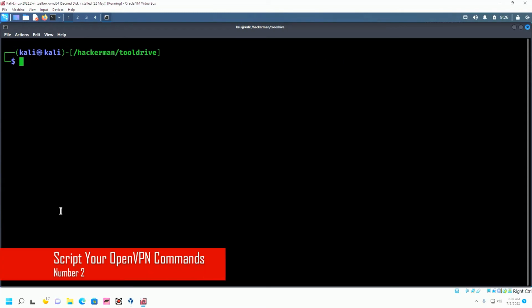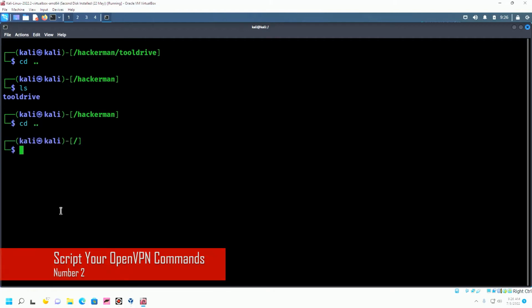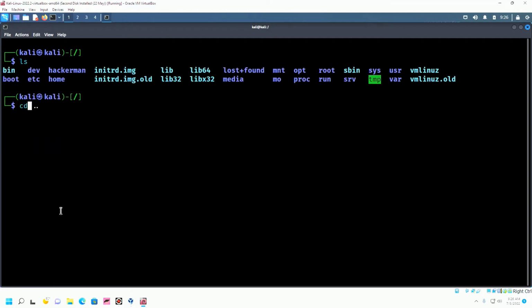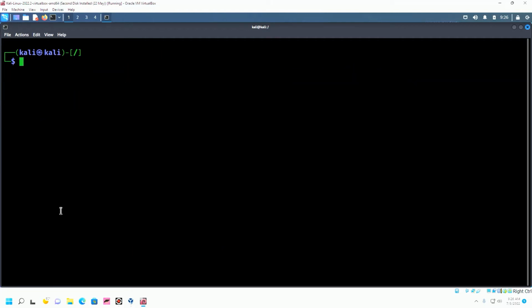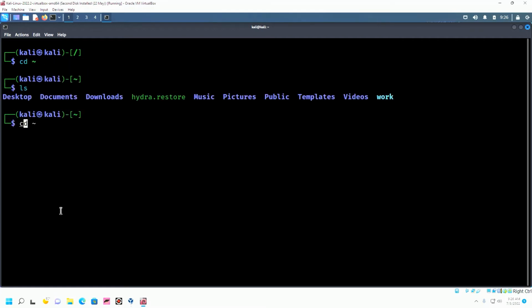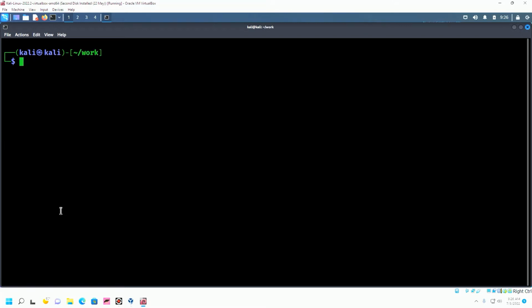Beautiful. Number 2 on the list might be a little bit simple to you, but it was groundbreaking for me because I always knew that it was possible, but I just never applied the logic. So if I can go into CD, where am I at? CD home. If I go to CD work, which is my mounted drive, and I'm going to show you around because I don't have anything interesting in here. CD downloads,